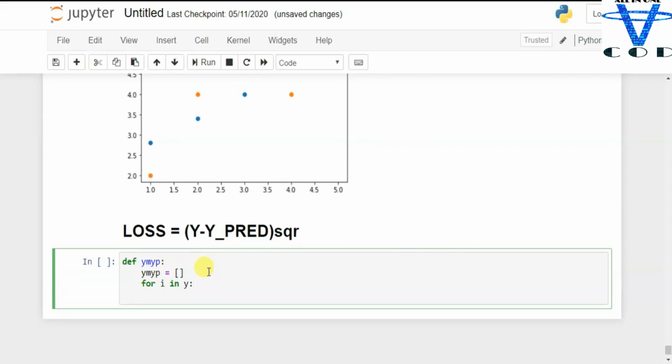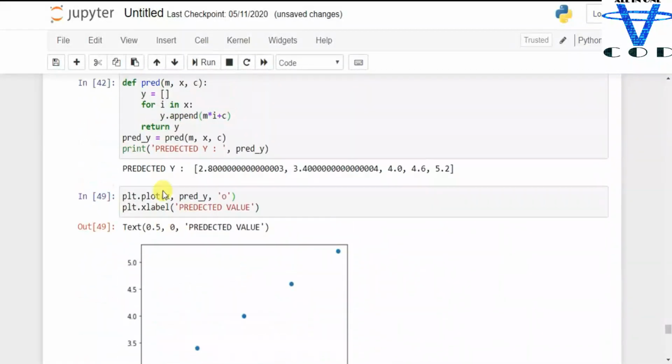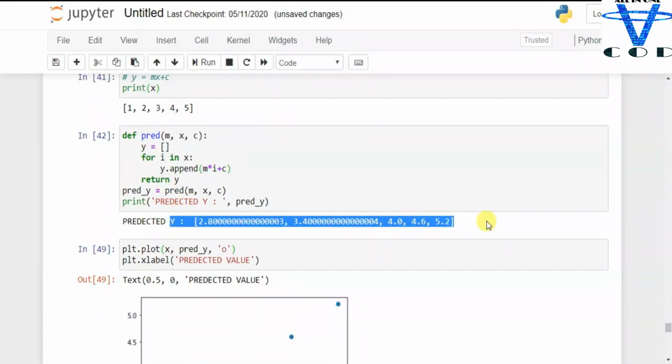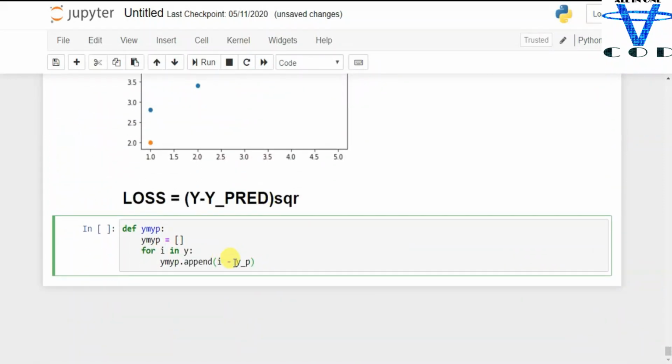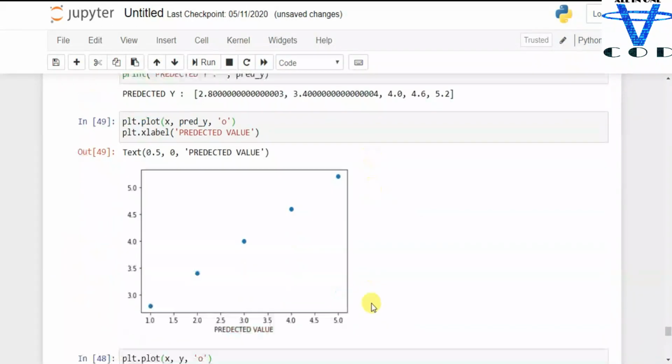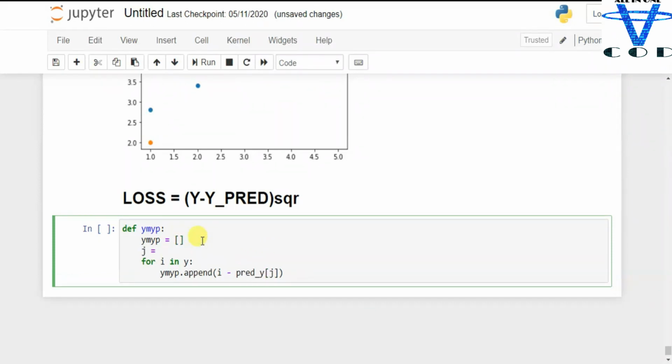I'm gonna pass i, or y, so i minus y predicted value. Sorry, the name is predicted y. So predicted y of j, I'm gonna use the j again. J equal to 0 and j equal to j plus 1,